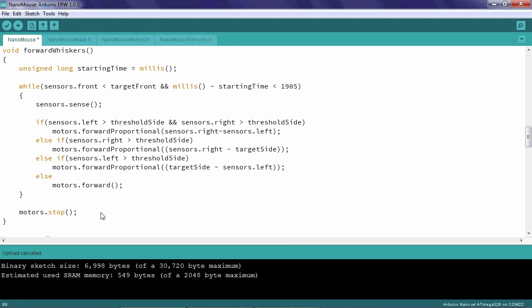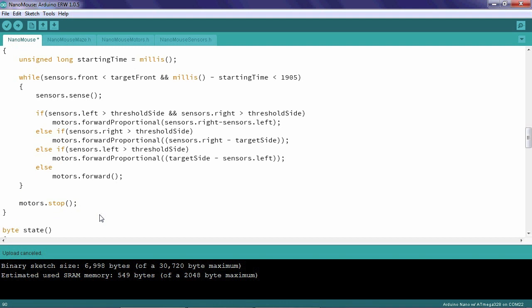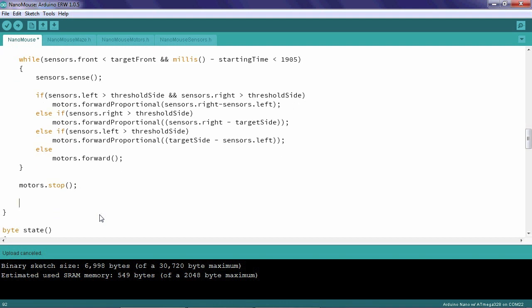of the forwardWhiskers function. So right here, it would make sense to add an if statement that said something to the effect of, if the robot moves north, subtract 1 from the mouse row variable, and maybe add another if statement that says, if the robot moves south, add 1 to the mouse row variable. Turns out there's an easier way to do that, and that is to